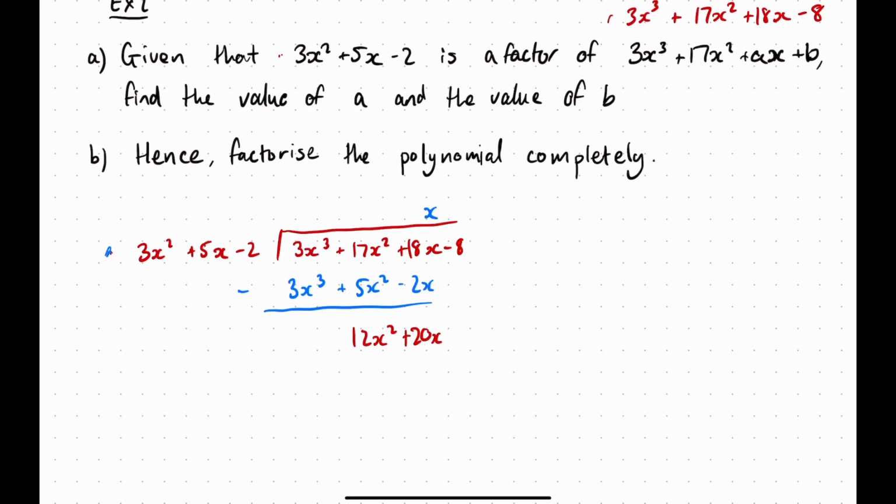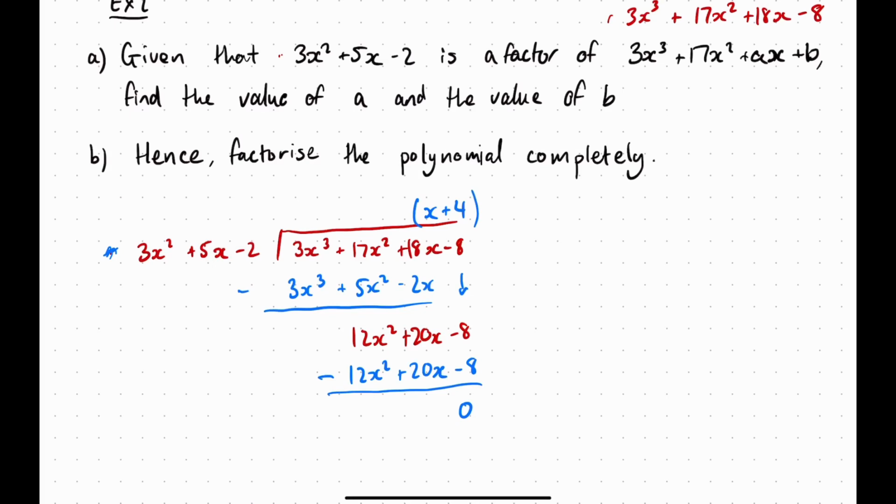plus 20x, carry down my minus 8, and then I'm going to divide the 12x squared plus 20x minus 8 by, what do I need to multiply this 3x squared, my quadratic, by to get rid of a 12x squared? That will be 4. So I'm going to multiply this through by 4, 12x squared plus 20x minus 8. And as you can see, when I take those two away, that leaves me with 0, telling me and proving that 3x squared plus 5x minus 2 is a factor,